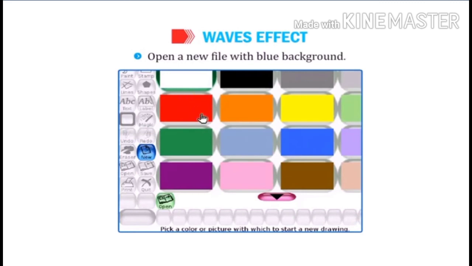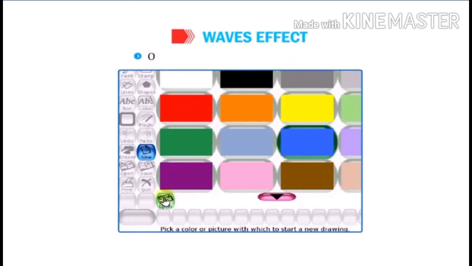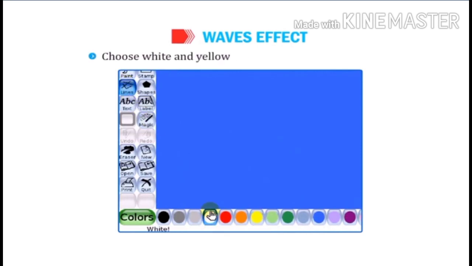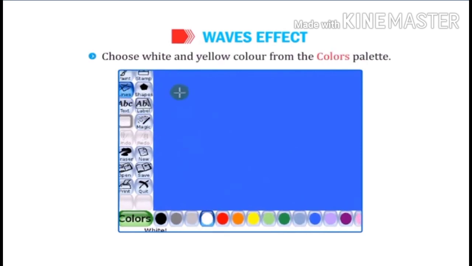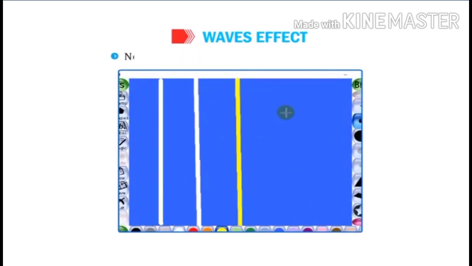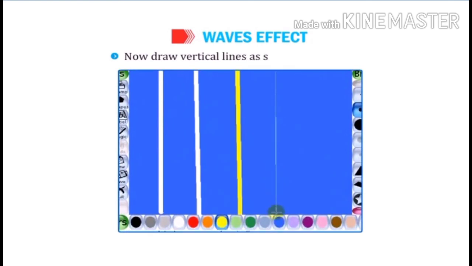Open a new file with a blue background. Select the lines tool. Choose white and yellow color from the color palette. Now draw vertical lines as shown in the figure.